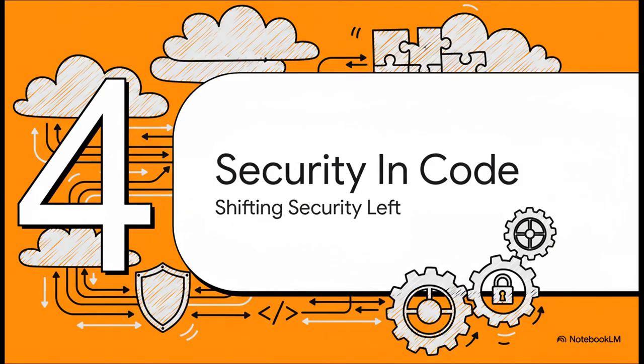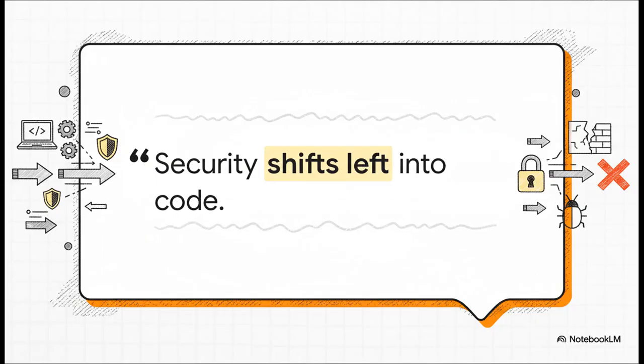So, we've covered the foundational controls, but in a fast-moving DevOps world, how do you actually implement and manage all this stuff at scale? Well, the answer is you treat security like a feature that you build directly into your code and your pipelines. This is the whole idea behind what we call shifting left. Instead of waiting for a security team to find a problem right before you launch, which is way too late, you build security into the process from the very first line of code. It stops being a gate that blocks you and starts being a guardrail that keeps you safe.